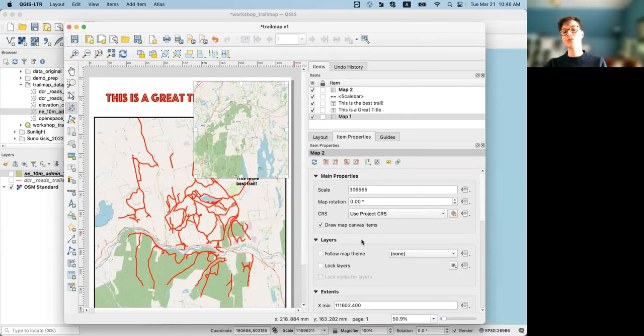But I tried to share with you the things that I think are the really most important parts, especially that lock layers button. This is a magical button that allows you to go back and forth and make changes in your map and make sure that your print layout is reflecting those changes. On the